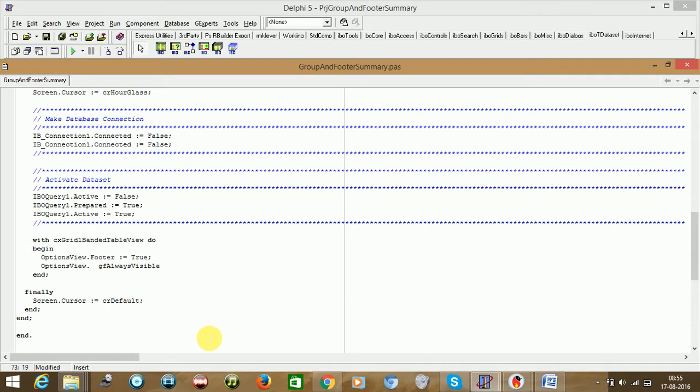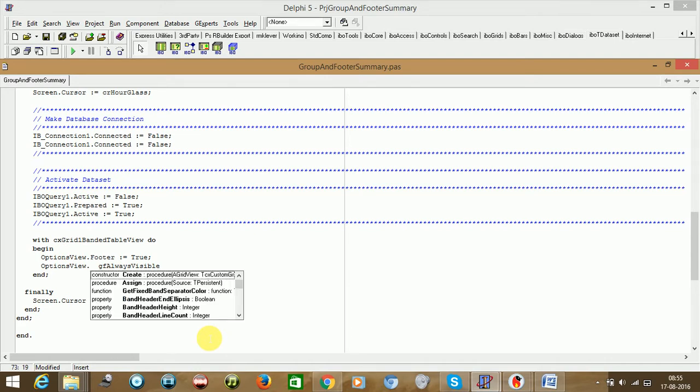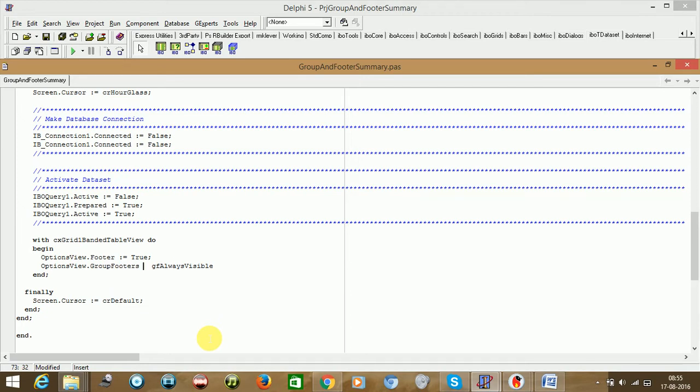Then you can say GroupFooters. So the group footers should be gf, meaning group footers always visible.